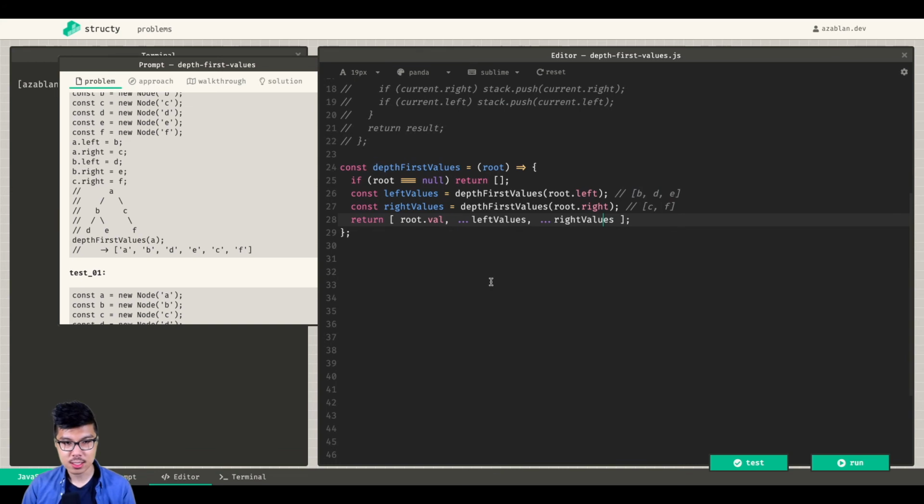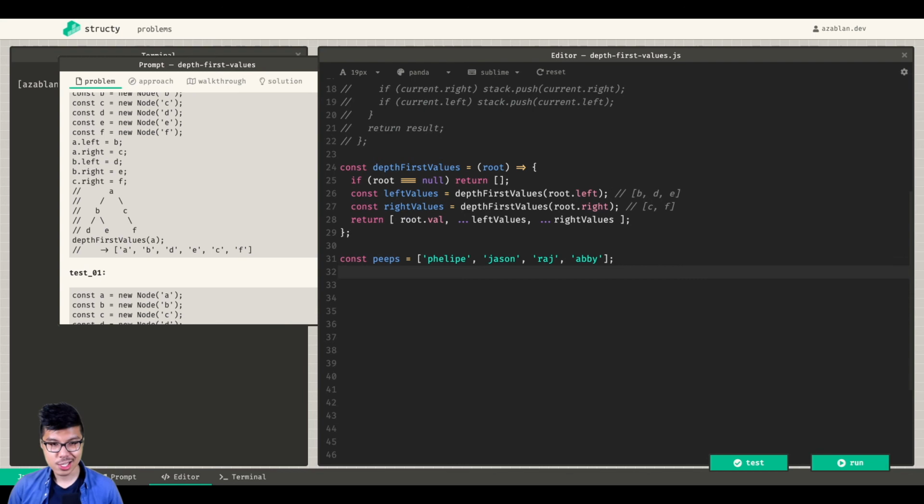Maybe before we run this, I'm not going to assume too much JavaScript knowledge, so maybe you're kind of new to this spread operator. So, a super quick aside over here. Let's say I had an array of some stuff. So I'll say peeps, and throw in some people: Felipe, Jason, Raj, Abby. Whenever I have an array, I can use a spread operator to unpack that array. So for example, I can say const, we'll say newPeeps, and I'll create a new